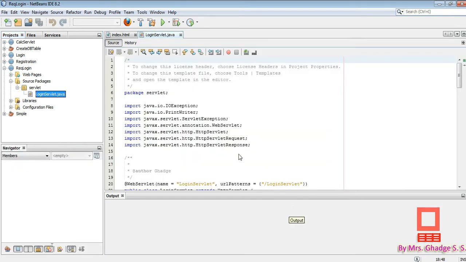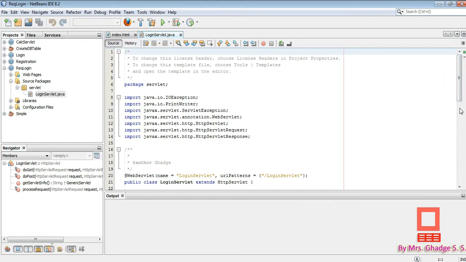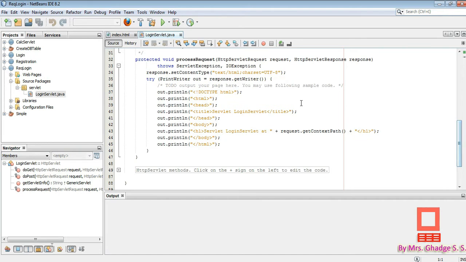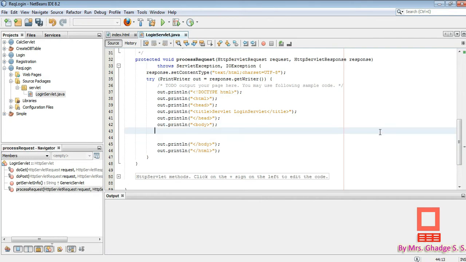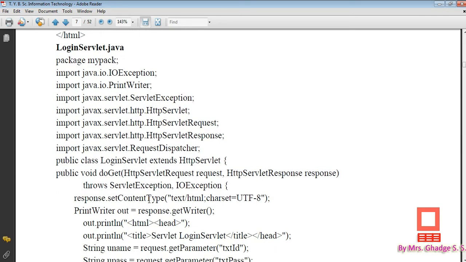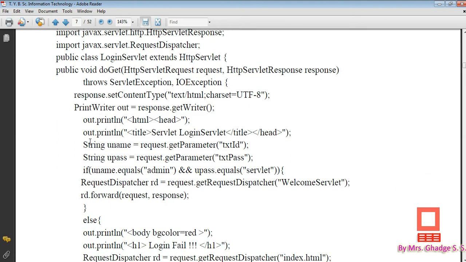Okay, so here we will get our file, that is the login servlet.java file. Now we have to write code into the process request method. So here in the body tag we can write the code. Okay, so what we have to check first is the request information that is sent by the client, and for that I just copy from this file. Okay, so we need two variables, uname and upass.